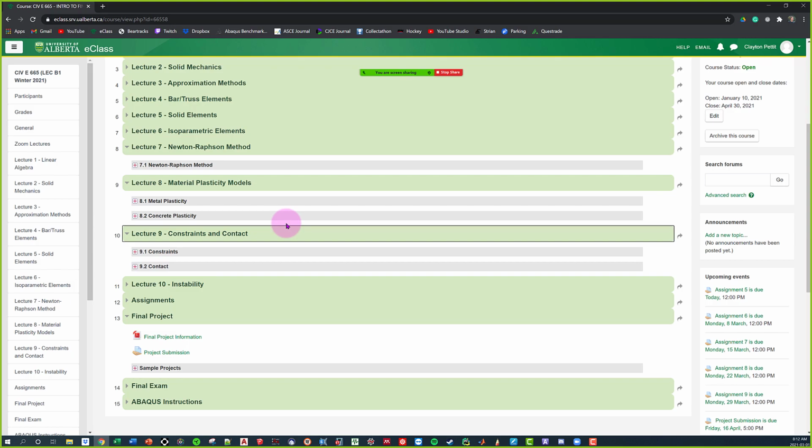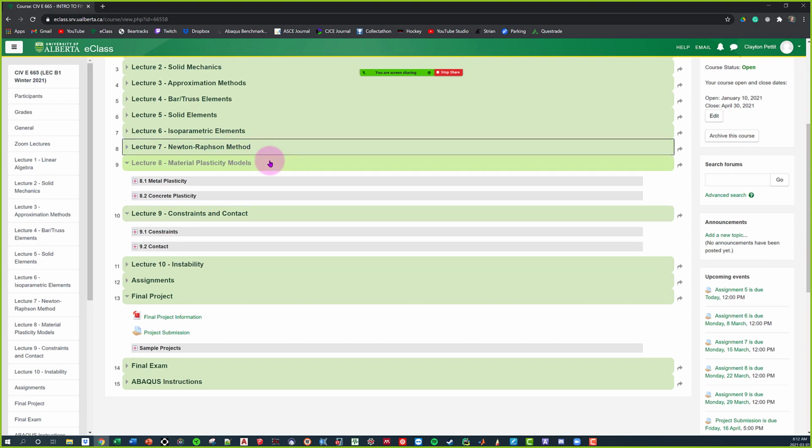Maybe you used 4-node reduced integration elements. Maybe it diverged. Maybe we try 4-node without reduced integration. And some of you guys may be saying, you know what, maybe I'm going to go 8-node, really make sure that accuracy is there, etc. So that's what I recommend for the final project.